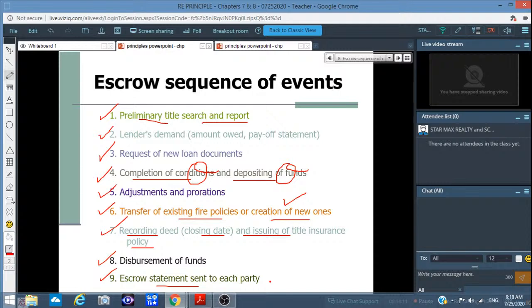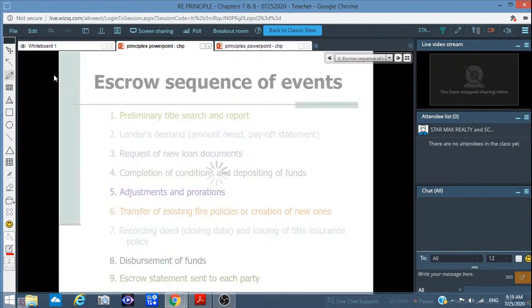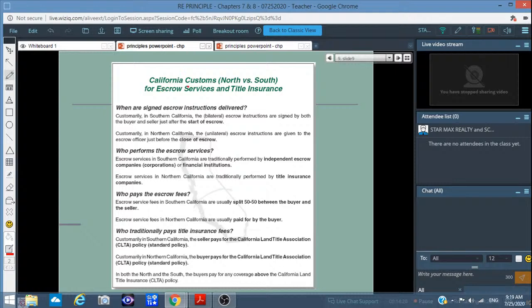Escrow statement sent to each party, to the buyer and to the seller, 买卖方有他们的清单，他有处理。Okay, so let's talk about North versus South, there's a little bit of difference between Northern California and Southern California. 北加州跟南加州做这个 escrow 不太一样，我们看看它的差别在哪里。When is an escrow instruction delivered？In Southern California, the bilateral escrow instructions are signed by both buyer and seller just after the start of the escrow. 南加州一开始就又签这个 escrow 的协议了。